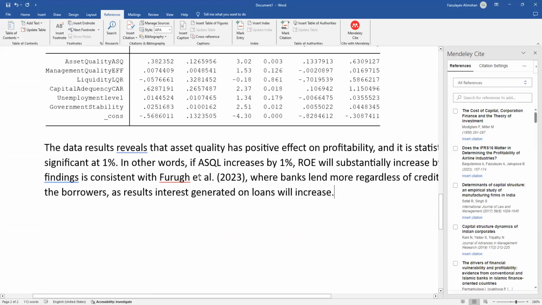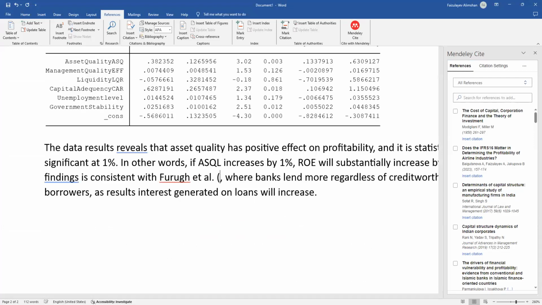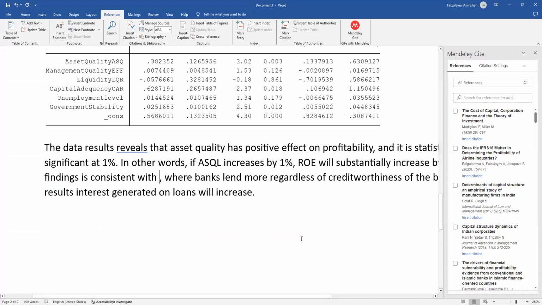Okay, now, for example, instead of Furu, I'm going to put another author here. Sorry Furu, I erased your name. I want to select, let's say, Modigliani and Miller. Or let me go with this: Does the IFRS 16 matter in determining the profitability of the airline industries? Okay, I want to use this one. You see here, insert citation. When I press on this, it will cite the reference in a style that I gave the command in at the beginning. My citation style is APA style,